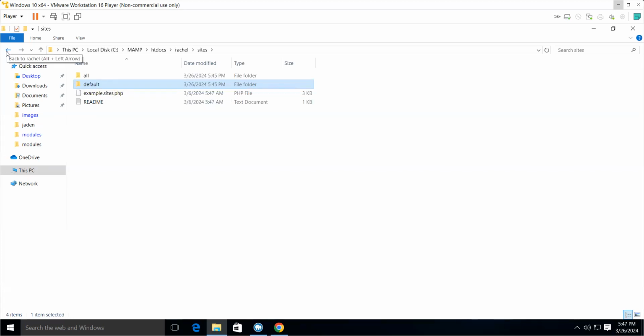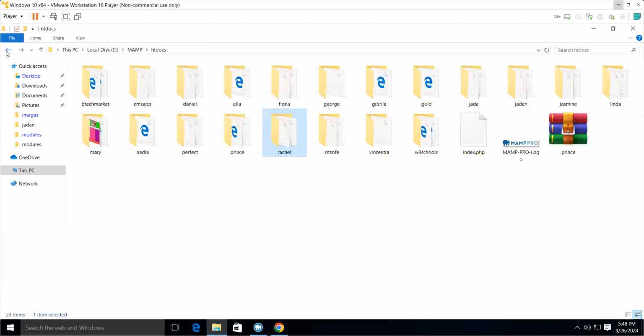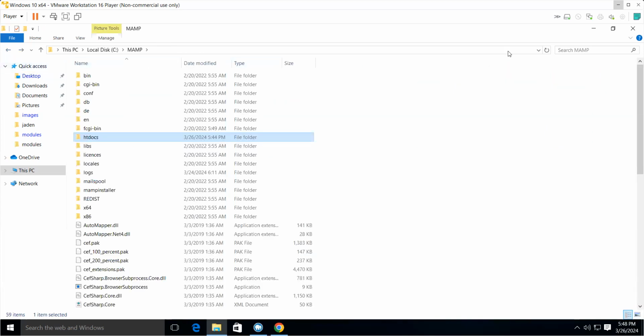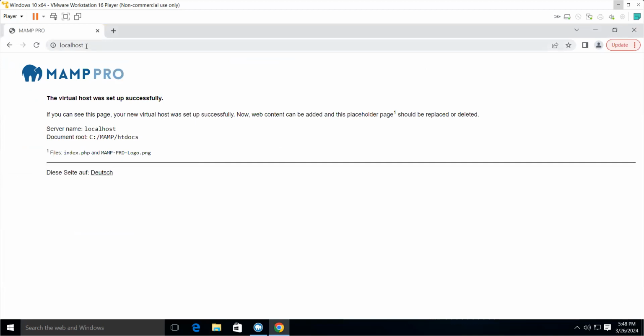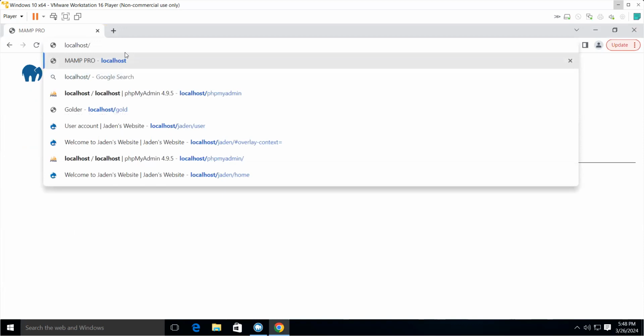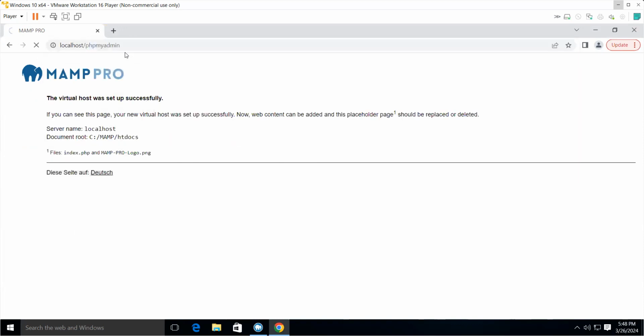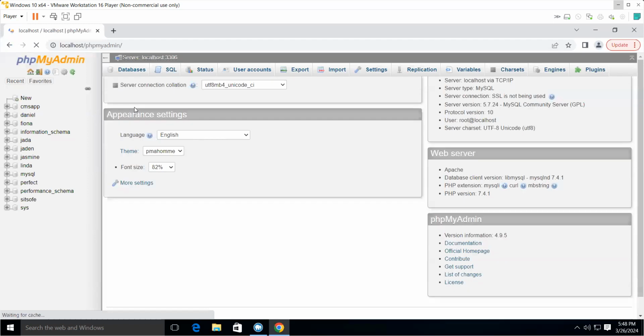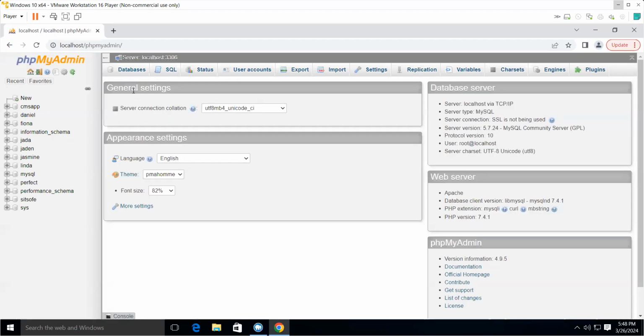Having done this, I think we are prepared to now launch our site. To do that, we would go back here and then go to /phpmyadmin. We would now like to go into the database and create a database so that we can load the content of our new site. So you click on databases,